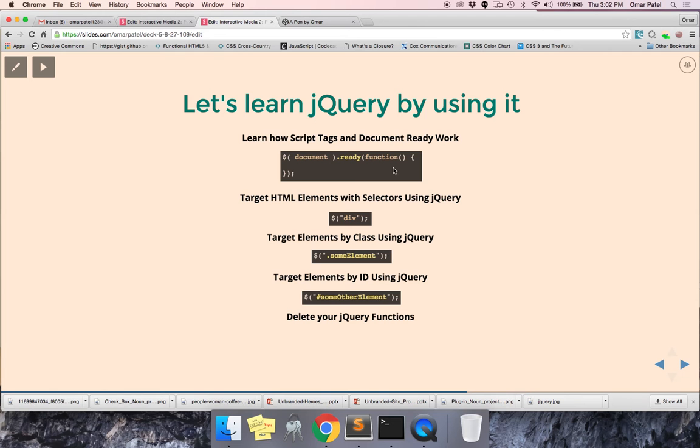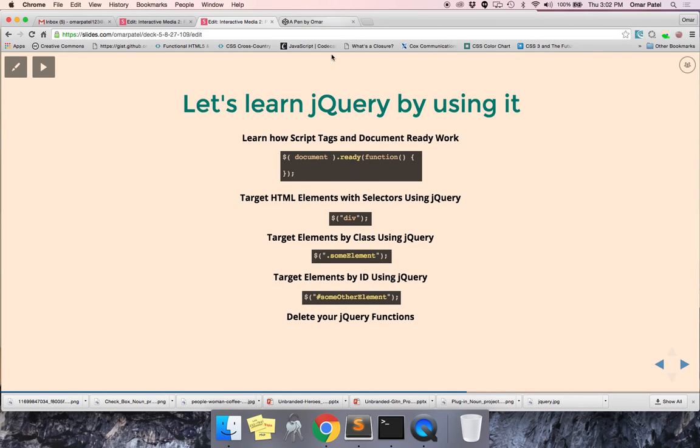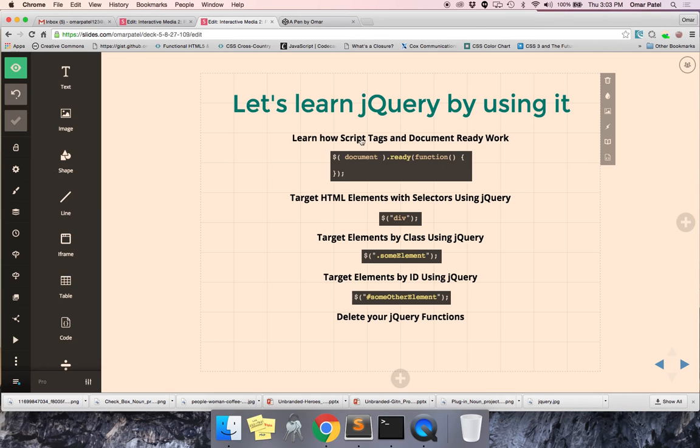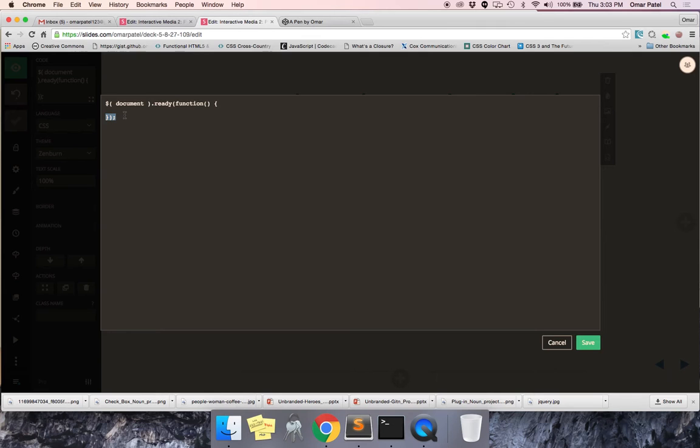Okay. Another thing is document.ready. I'm going to have you guys discuss this with your partners next and implement them into your project, so I want you to make sure you understand this. The next thing is going to be called the document.ready function. Now, the document.ready function is another cool thing that runs. The reason you use it, and it looks complicated, but essentially all it does is say, okay,